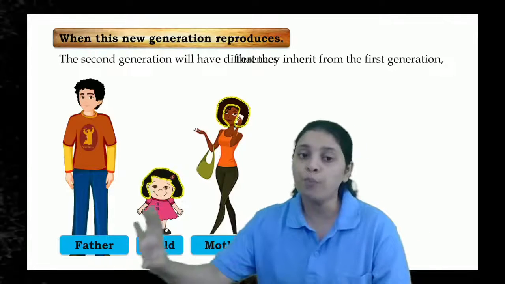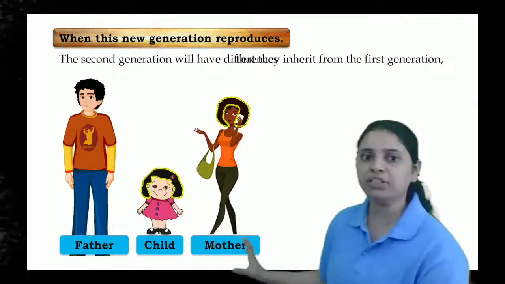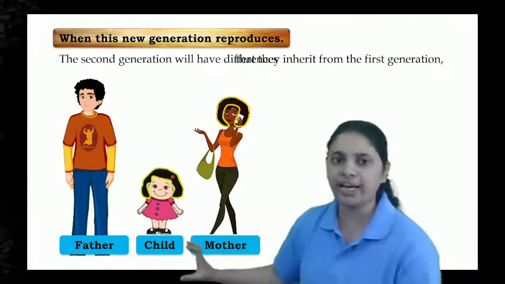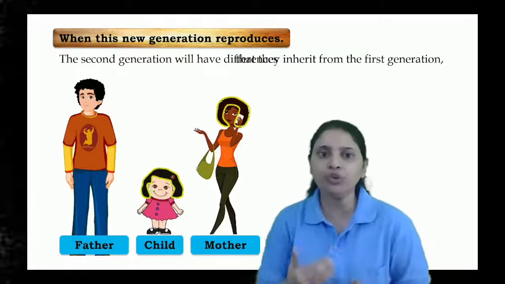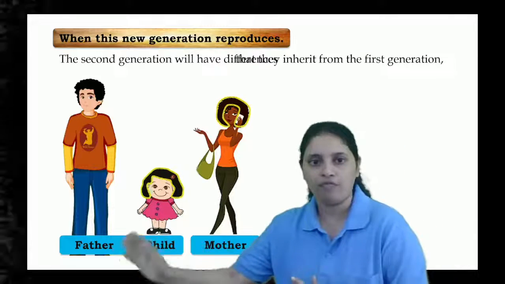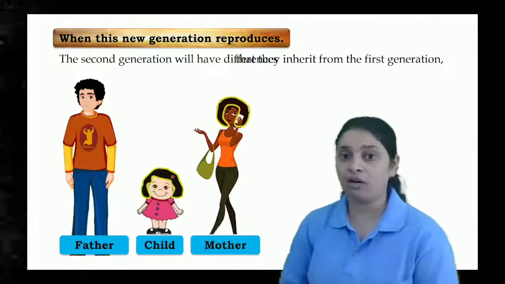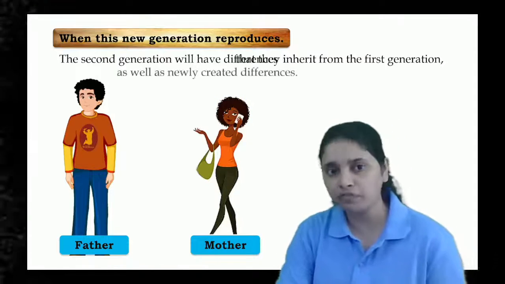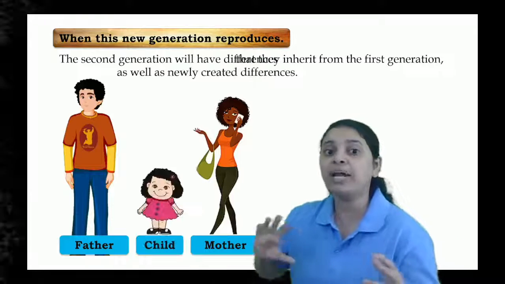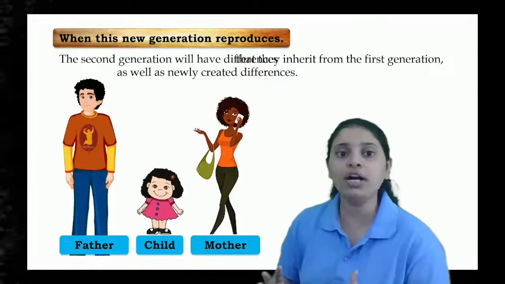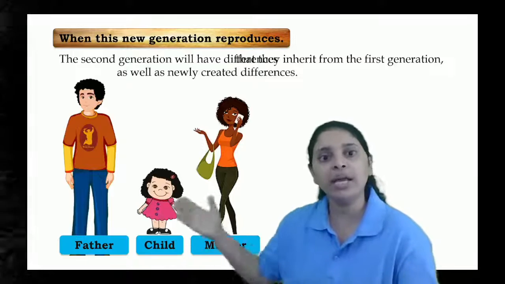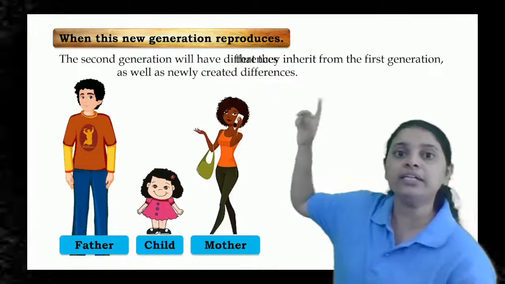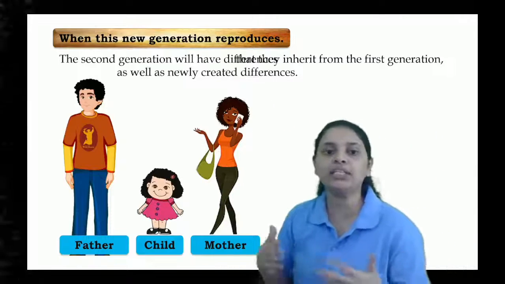सही है? So both the parents here also, father and mother, will contribute equal amount of genetic material to the child, but the child is showing some characteristics of father and some of mother. Some will be totally new characteristics which maybe are not seen in either of the parents. They were not expressed, right? They were not expressed in the parents, but now these are newly created differences or newly created variations which you